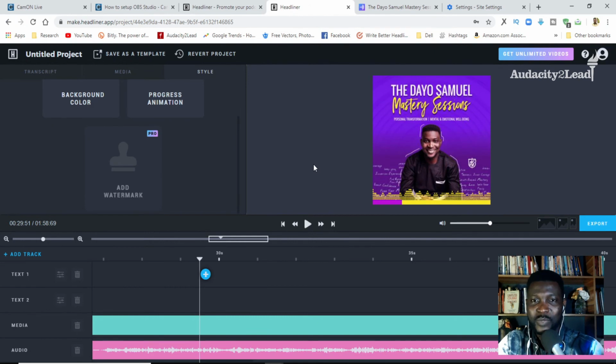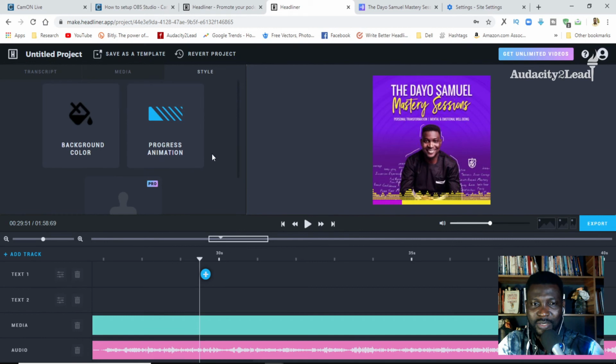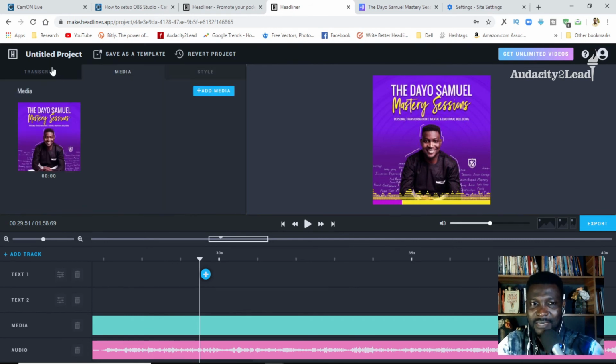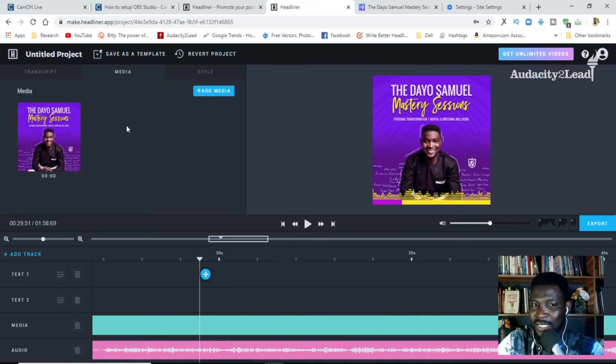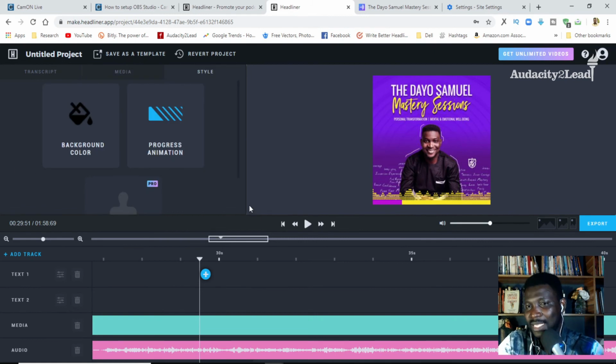So I hope with this that you are able to utilize what you've just learned here and make it make sense for you. And of course, if you want to add a transcript, you can upload captions. Sometimes it does transcribe for you, but a lot of times the transcription doesn't work very well. Media means you can change the picture, you can add anything you want to add. I don't always go to all of that. Do you get that now?